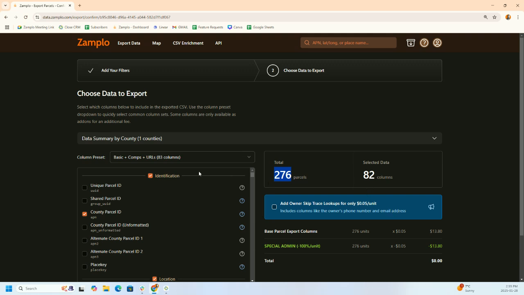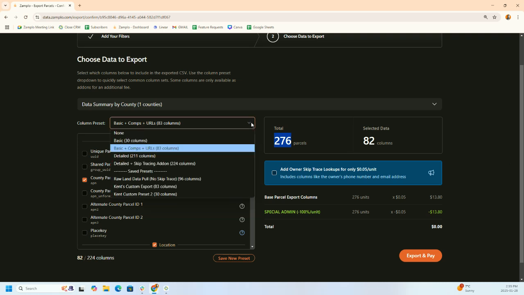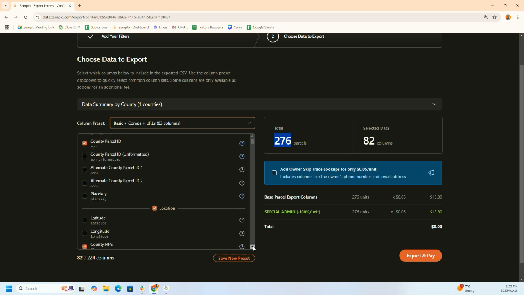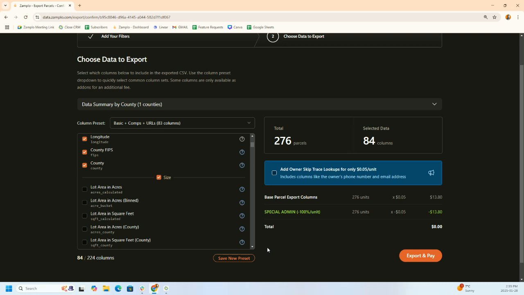So once you get to this page, you still haven't used your monthly allotment of records that come with your subscription. Here you get to decide what columns are going to come over in that export. So we have some different preset ones. Detailed is going to add everything, 211 different columns. That's likely too much noise for the average person. Our most popular is basic plus comps and URLs. And if you want, you can also go through these different columns, and if you want to add lat and long, for example, you can do that. And you can save that as a preset as well, so it remembers that just like your queries. And then once you go to export and pay,